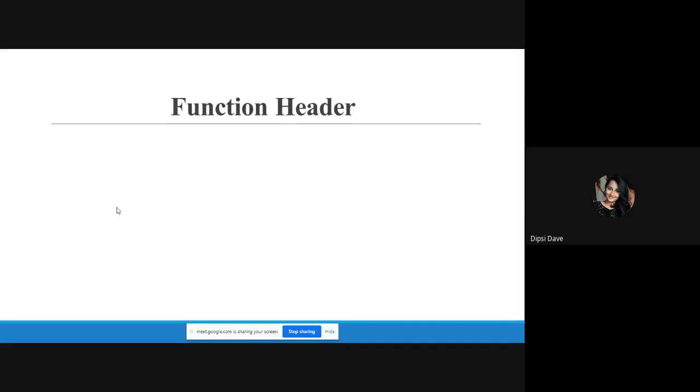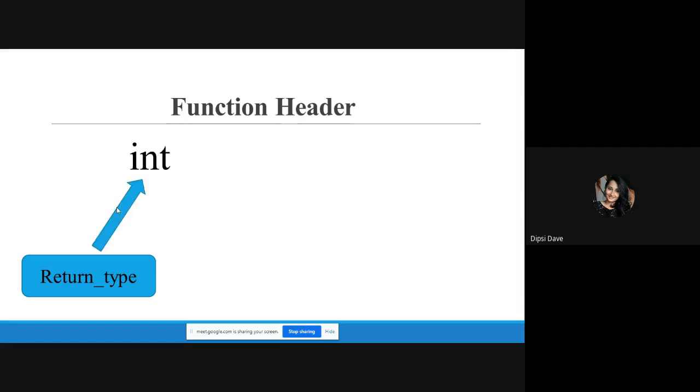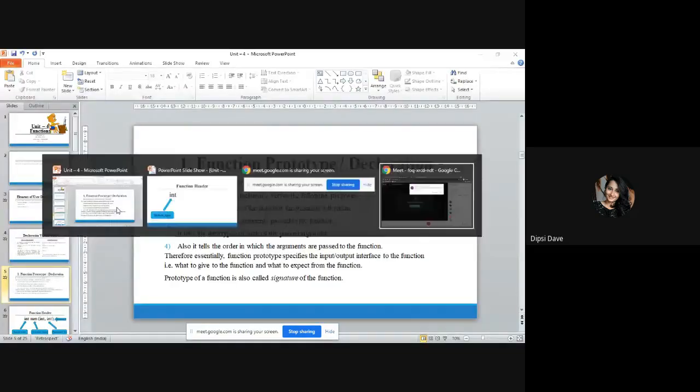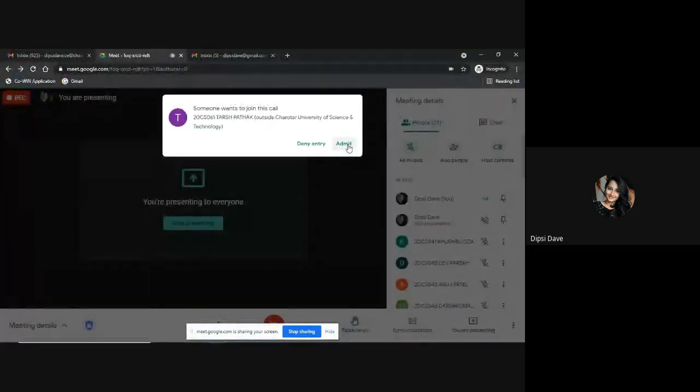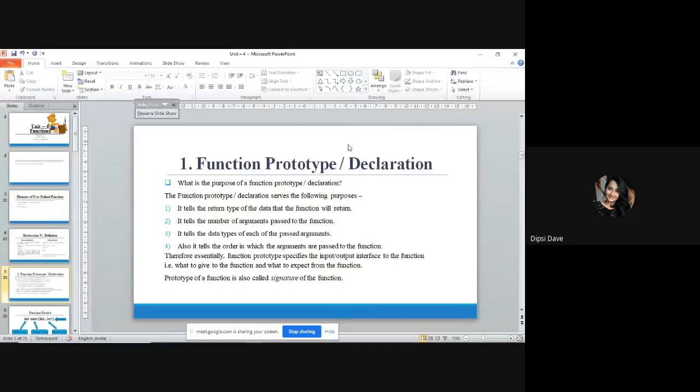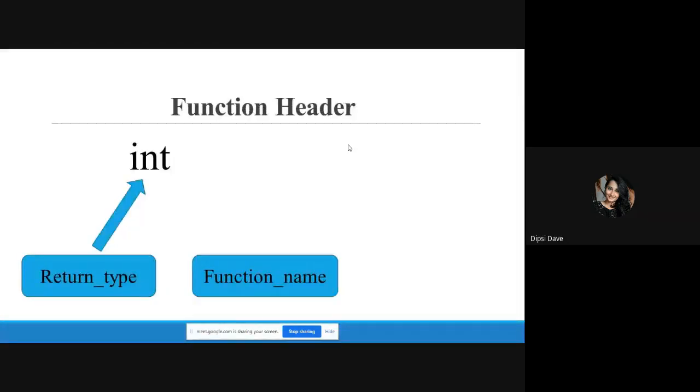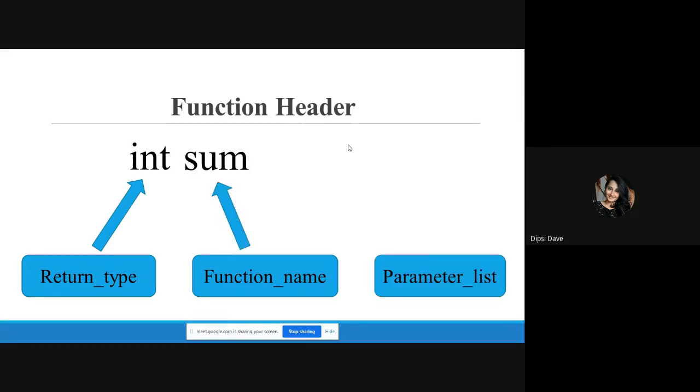Then how can we write a function declaration? First thing we need is a function header. In the function header we have to write the return type like this. Now we all know that the return type of the function can be any of the basic data types, right? Then we have to write the function name, which is an identifier like this, and in the round brackets we pass the parameter list like this.